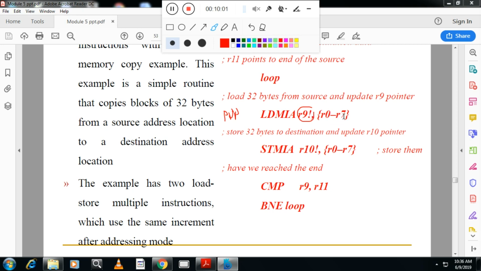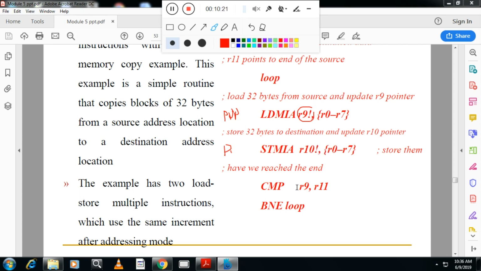R0 to R7 registers are loaded. Now it is a push instruction. Store that in this address, and the address is also incremented after that.